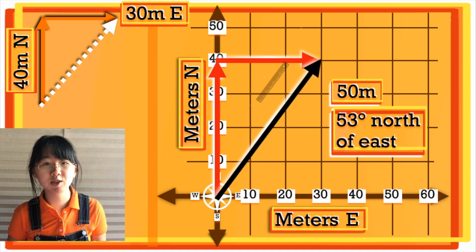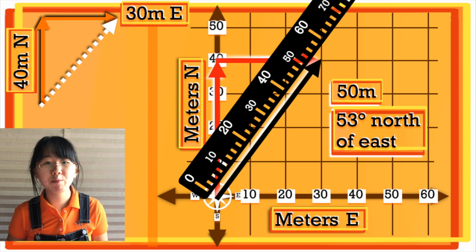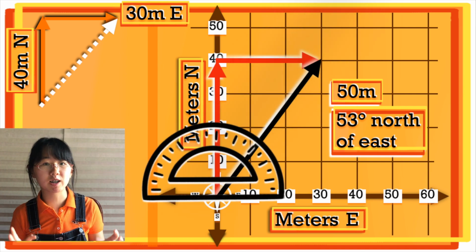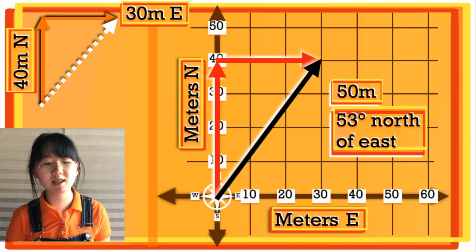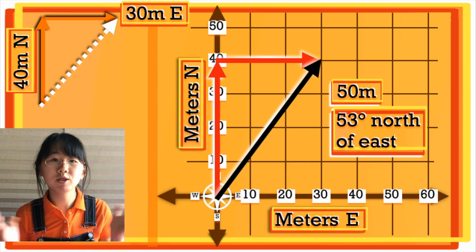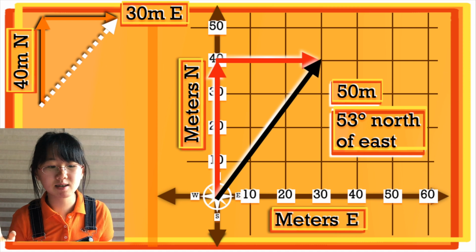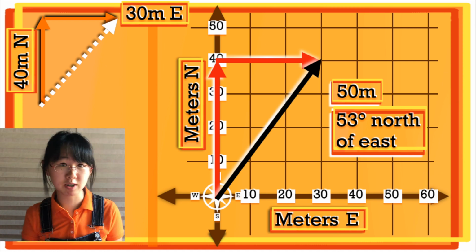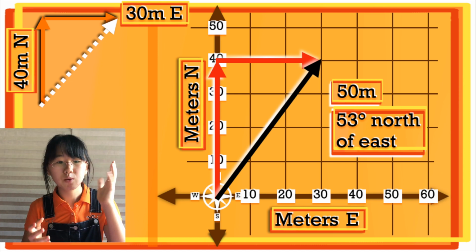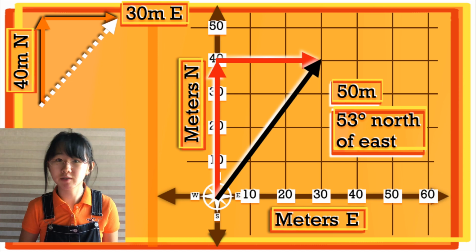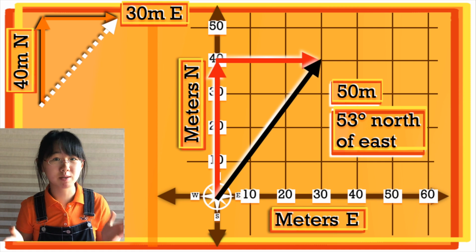It has a length of 50 units, which represents 50 meters, and we find its direction by measuring with a protractor to get 53 degrees. Because the reference point of the 53 degrees is the positive side of the x-axis, which as we said earlier represents east, we know that the direction is 53 degrees from east. Since we also know that this side of the y-axis is north, we can say that it's 53 degrees north of east. Let's try another problem with some more vectors.